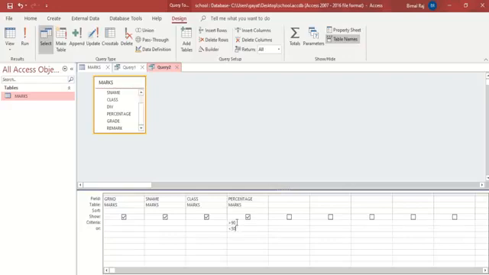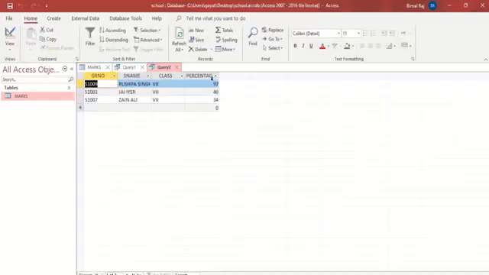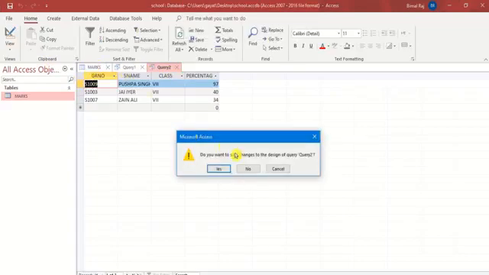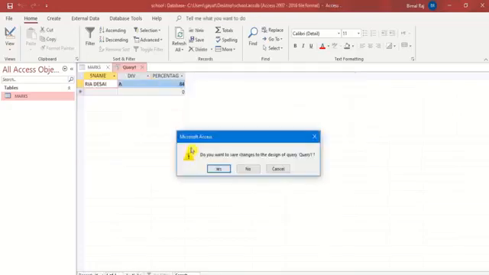So I have given the two conditions, the first criteria and the next criteria, and then I run the query. Here it shows me that there is one student who has got marks greater than 90 and the other two have got less than 50, the conditions which I had placed in my query. So this way, in the same query, I have given two conditions for the same marks. Now I am not saving this query, so I am closing it. I don't want to save it. If I want, I could have just saved it.